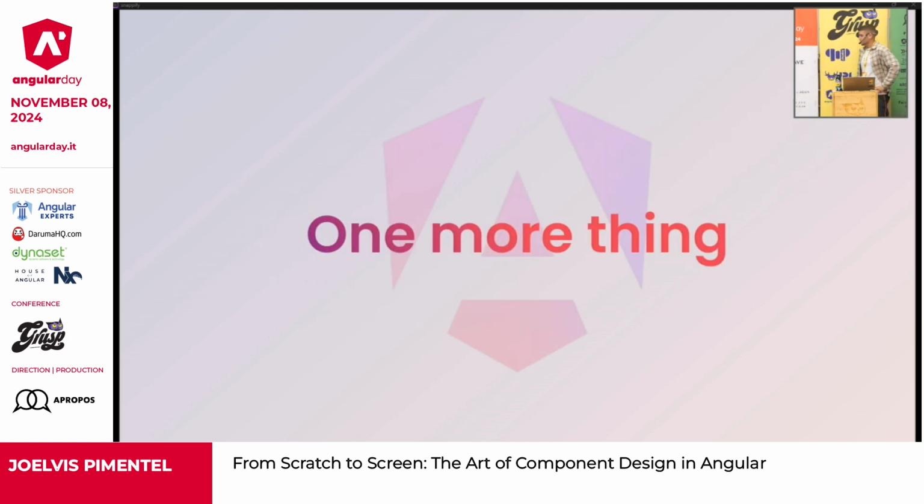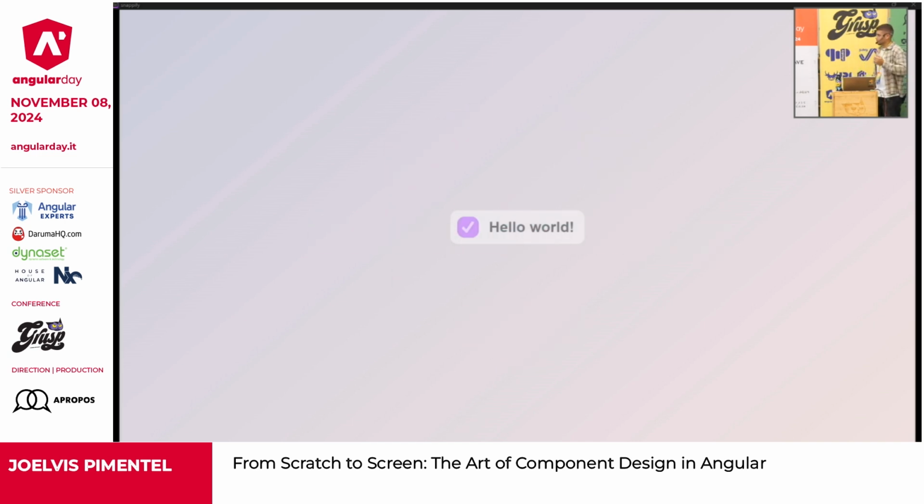So far so good, but I have one more thing. This is my first presentation. I had to include the "one more thing" slide, so forgive me. And I want to show you some of the perks that come with composability, because Angular didn't stop here with composability. So let's see it with another example.